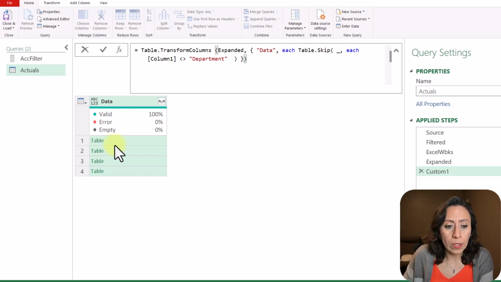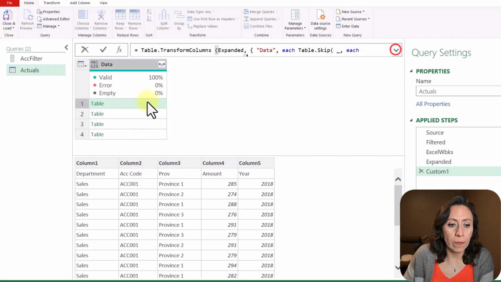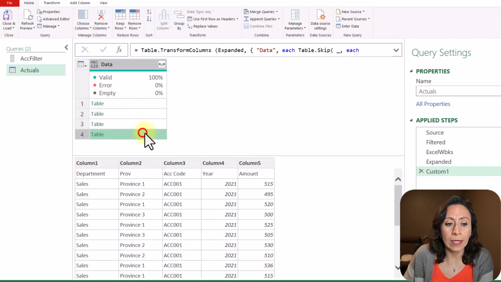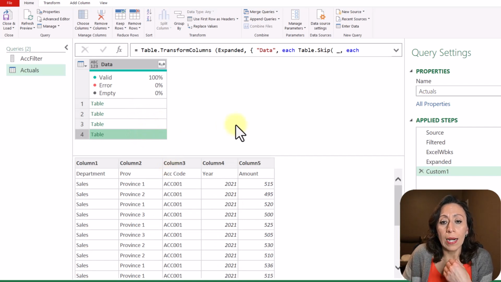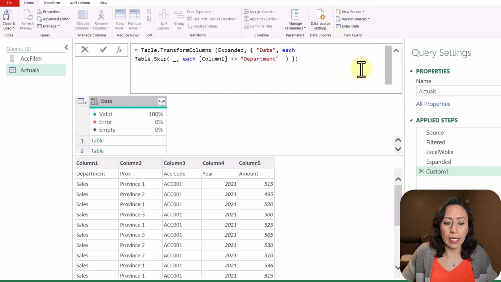Okay. So now if I click here on the right from every single table, you can see that every single table starts with the column names. Let's promote that first line as headers, and we're gonna do it in this way. After my each, here I'm gonna press Shift Enter, and I'm gonna do a nested let.